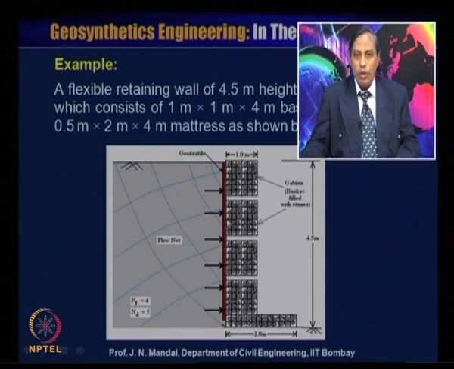So, you have to draw the number of flow lines. You can see the number of flow lines and the number of equipotential lines has been drawn. Let us say the number of flow lines NF is 4 and the number of equipotential drops ND is equal to